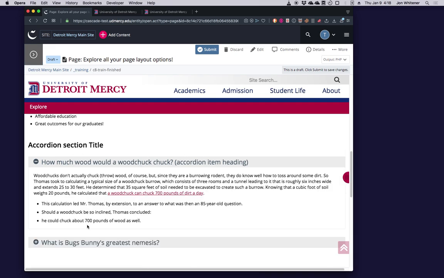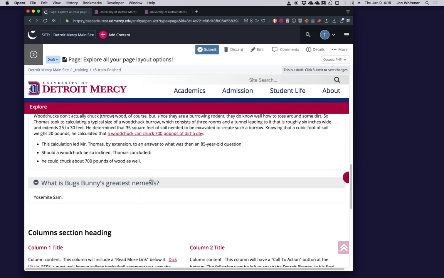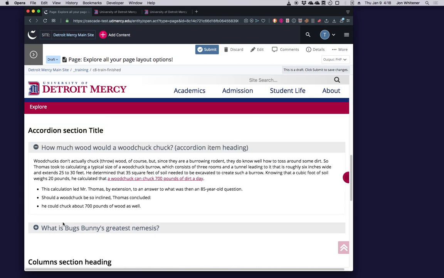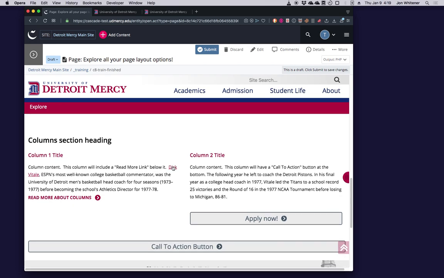There's our link and our bullet list. And Bugs Bunny's greatest nemesis, Yosemite Sam. You'll find in our actual working version of Cascade that we've added a couple features to accordions so that you can open them all and close them all at once. All right, let's go on to columns.